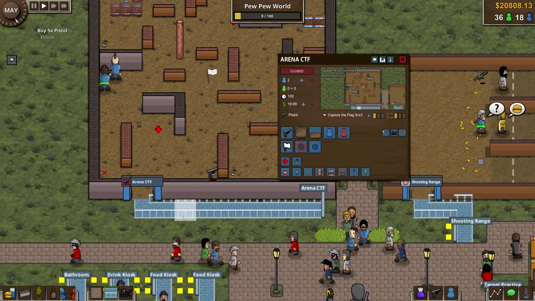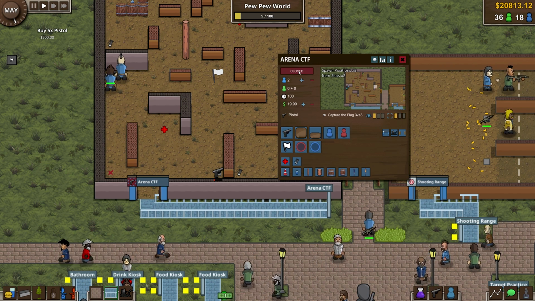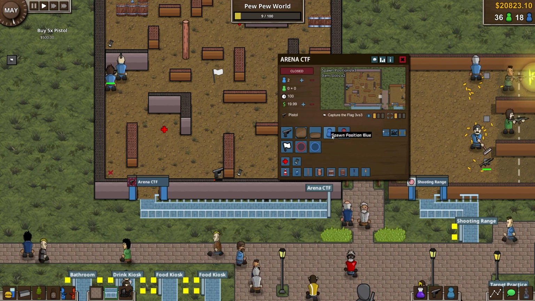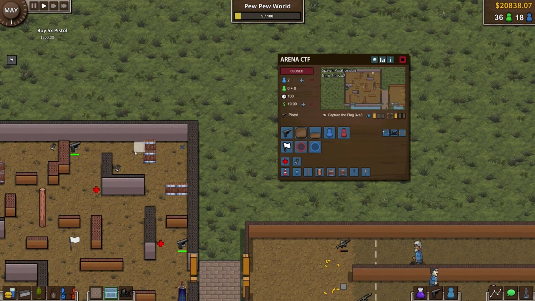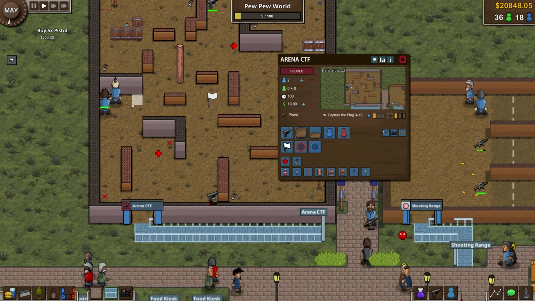There we go. So there's a queue. We can open this bad boy. No. Oh, I see. So we need 3 spawn points for each one. So let's go 1. Here we go. So these guys can spawn 2 and 3, and the red guys can spawn 2 and